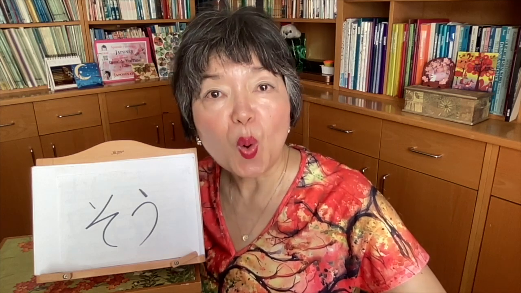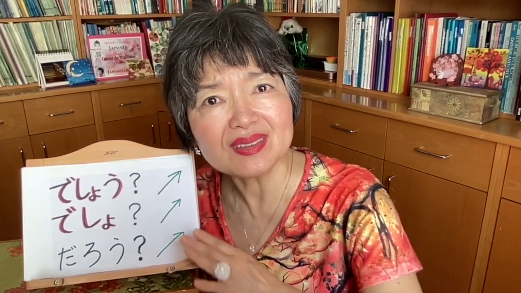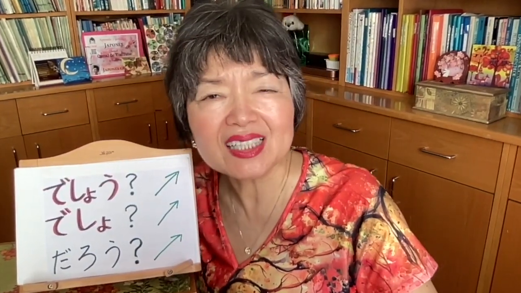You don't think so either, right? In this case, present tense but negative. So we're gonna use 思わない。あなたもそう思わないでしょう。あなたもそう思わないでしょ。あなたもそう思わないだろう。